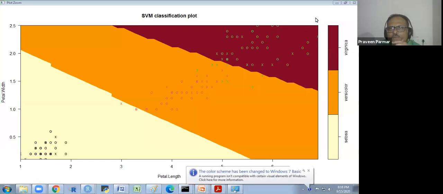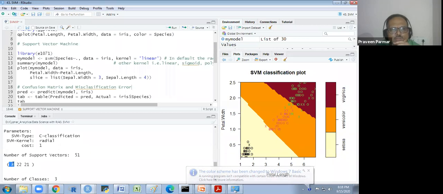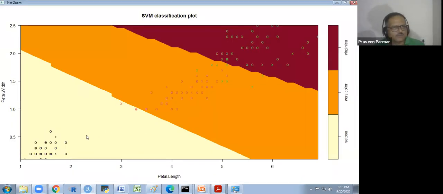Are you getting the support vector? I just show you. Here you see we have 51 support vectors overall in the first model, which was the radial, and 8, 22, 21. So 8 in the first species, that is this one, then 22 in the middle, and then 21 on the top one. You count here, you will get the 8 here: 1, 2, 3, 4, 5, 6, 7, and 8. And here you will get 22. These crosses are the support vectors we have.